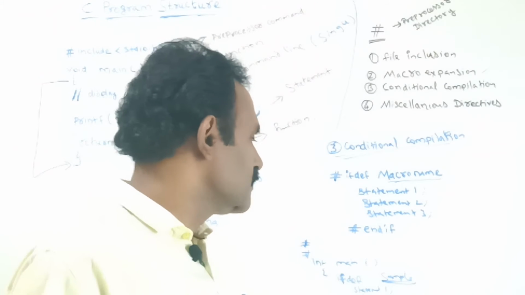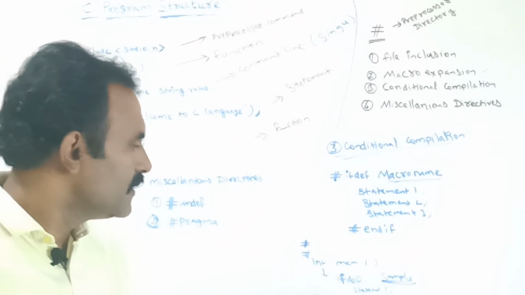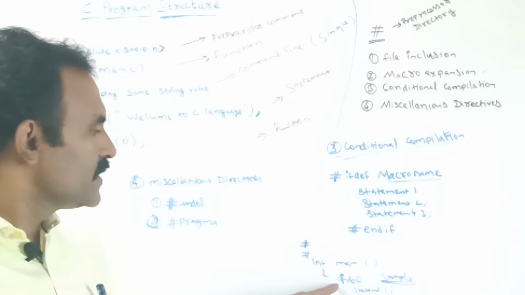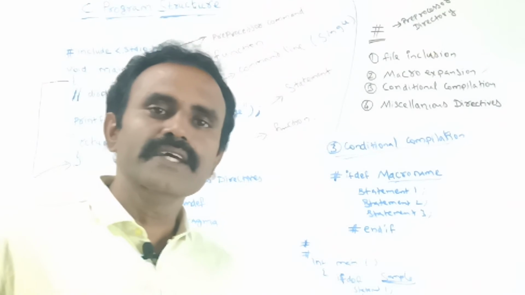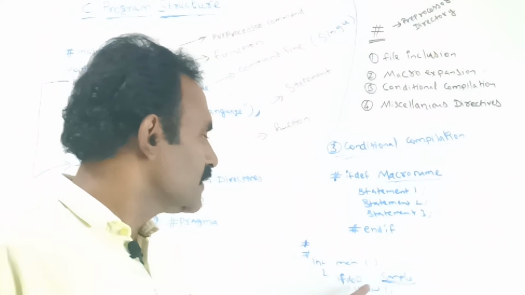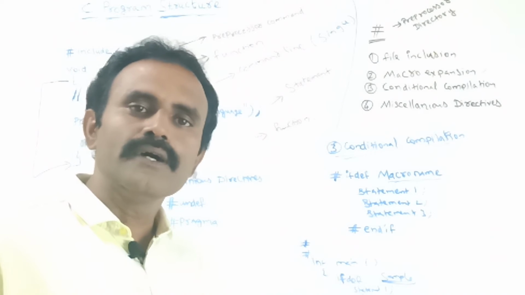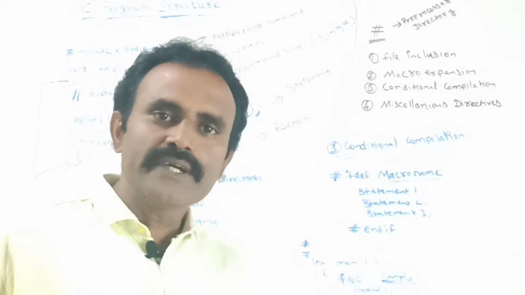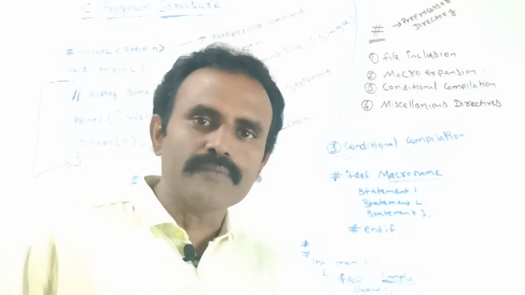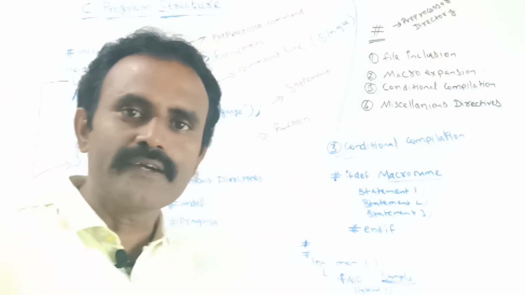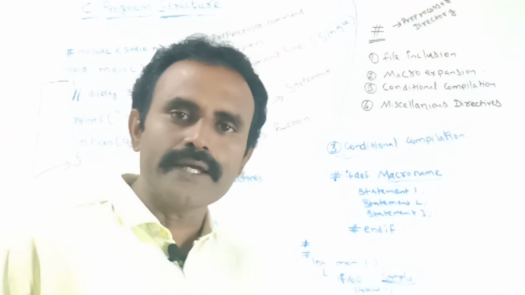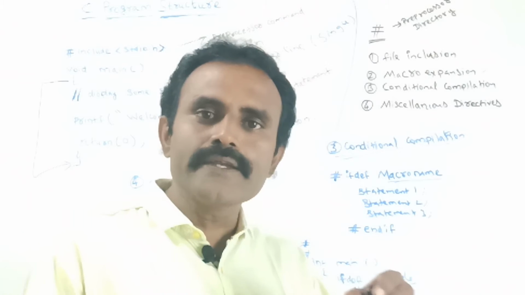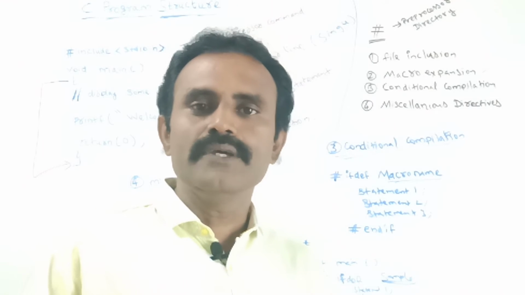For example, here I am using ifdef. With the help of ifdef, I can give some macro name, and inside that macro name we can use some statements. Whenever I call that macro name, the statements inside the macro name will be